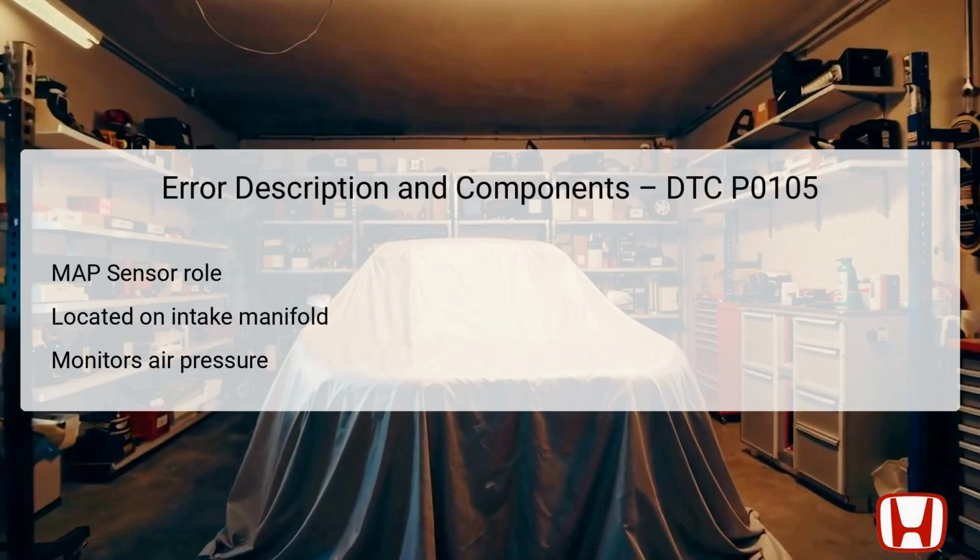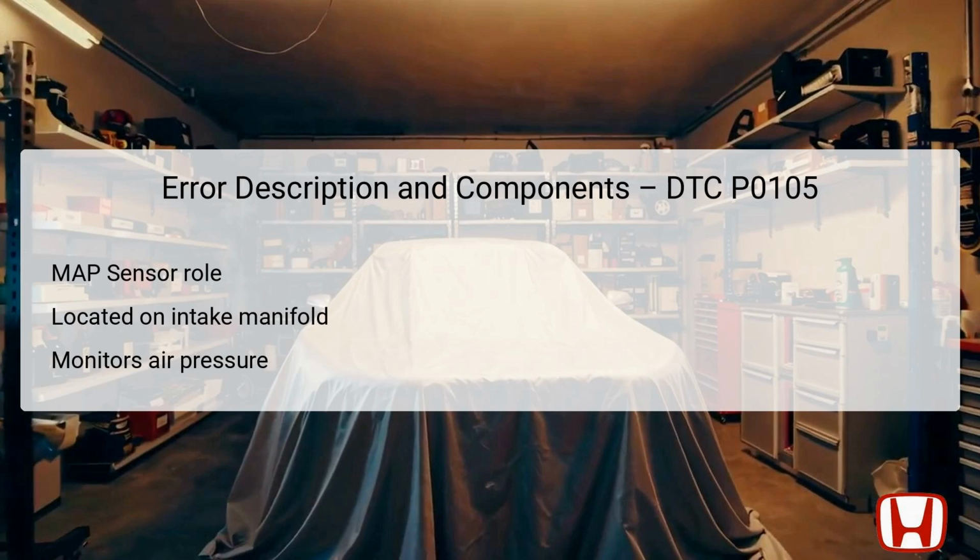The MAP sensor is crucial as it monitors the pressure within the intake manifold, which in turn helps the engine control module, ECM, calculate the right amount of fuel to inject for optimal engine performance. This sensor is typically located on the intake manifold itself, ensuring it can accurately assess the pressure changes that occur